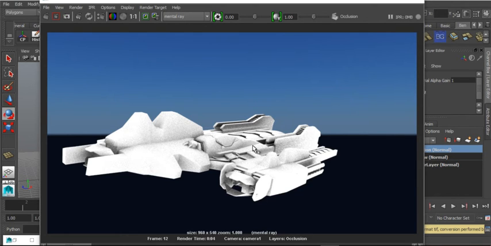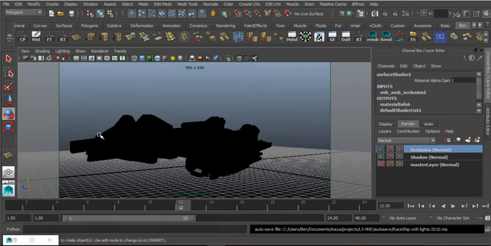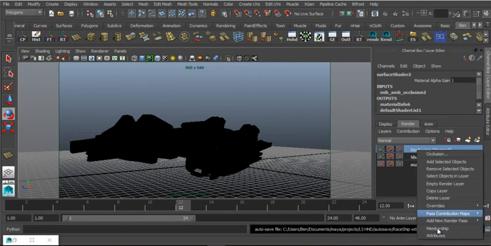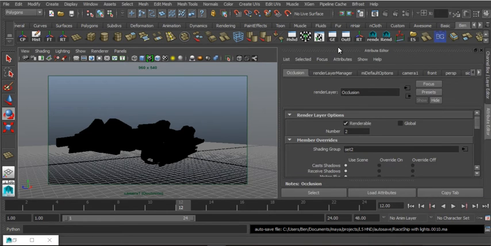But that's a pretty good start. So I'm going to save that image in my computer's memory, and I'm going to see how we can improve some of these settings. To change your occlusion settings, you right click, go to attributes, obviously on the occlusion layer,